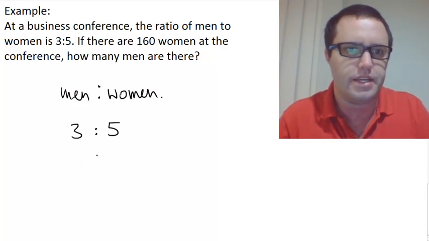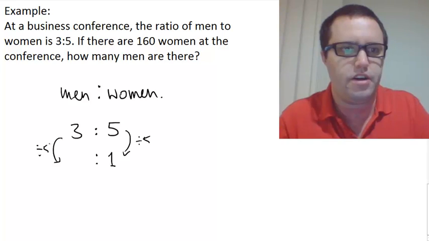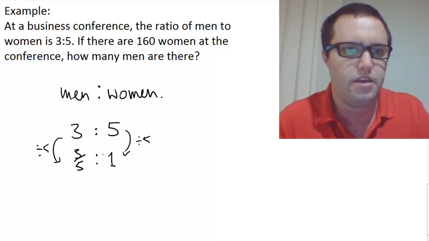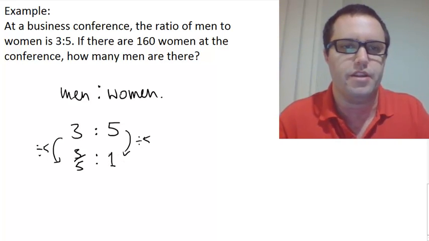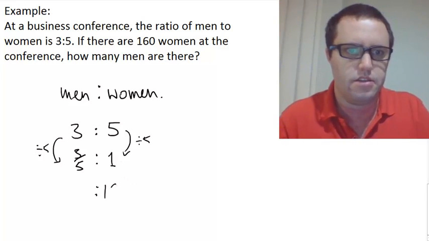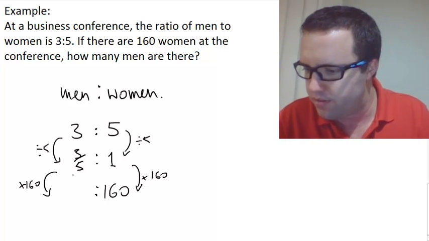Right, we want to get down to units of women. So this side gets divided by 5. So that means we have to divide this side by 5. So we have 3/5 for every 1. Okay, 3/5 of a man for every 1 woman. Now, then we need to get up to 160. So times this by 160, so then we have to times this side by 160, and 3/5 times 160